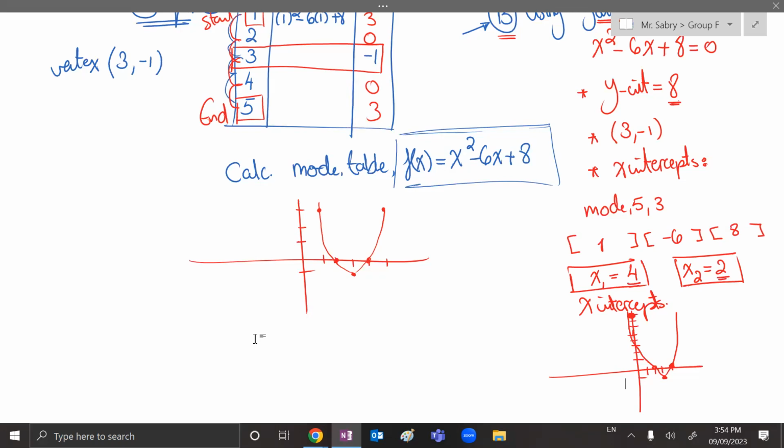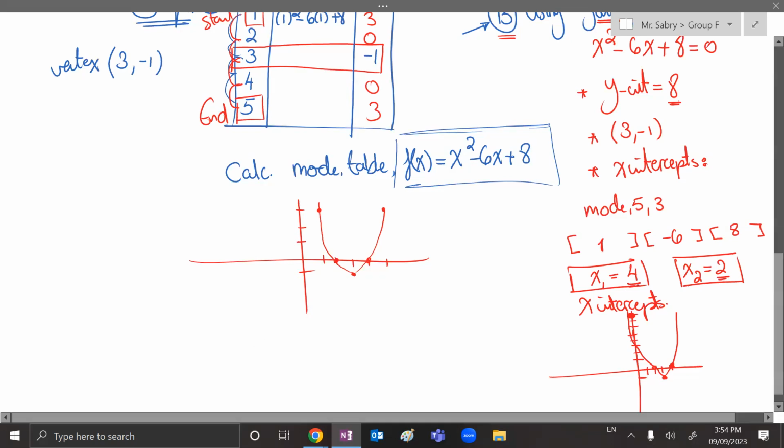And if you noticed, by the way, the point at x equals 4 is this point here, 4 and 0. The point at x equals 2 is this point there, 2 and 0. Why wasn't it